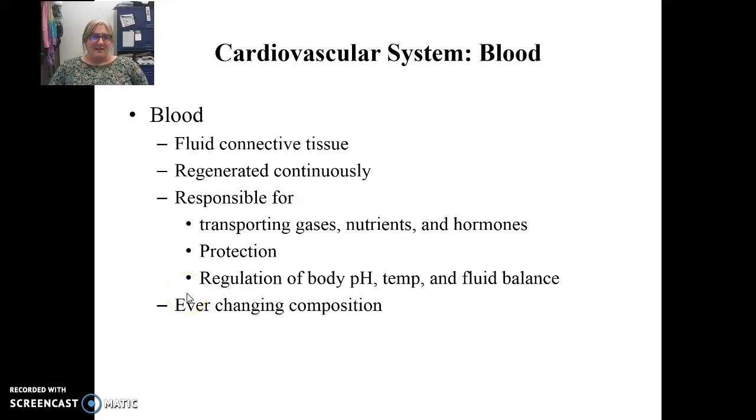Welcome to the cardiovascular system. This system is studied in chapters 18 through 20. We start with blood. Blood is a connective tissue and it has multiple functions. We're constantly producing new blood